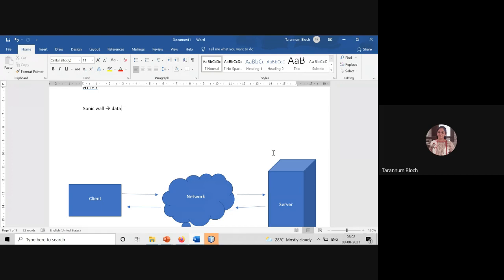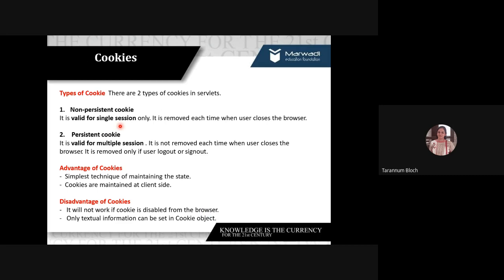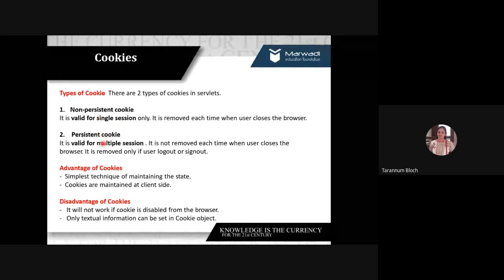Sonic Wall, how does it manage the data of your login? In a persistent way or non-persistent way? Are you getting the question? Right? Look at the definition. Single session are non-persistent and multiple session are persistent.